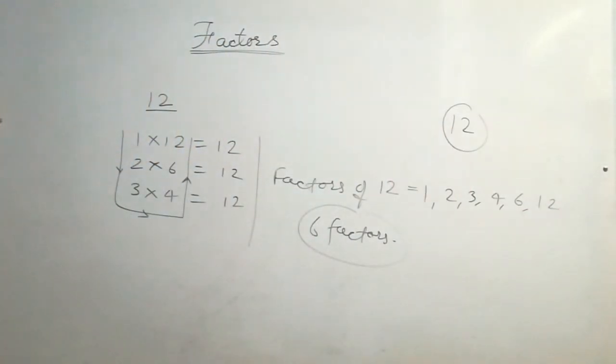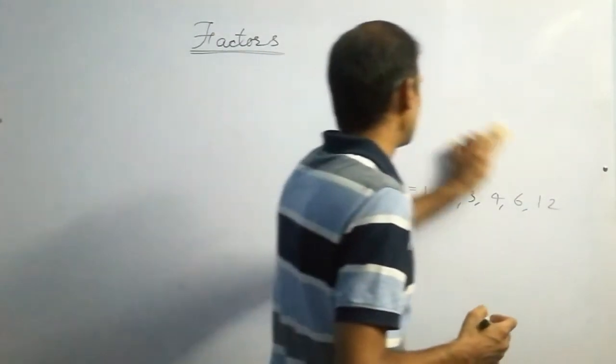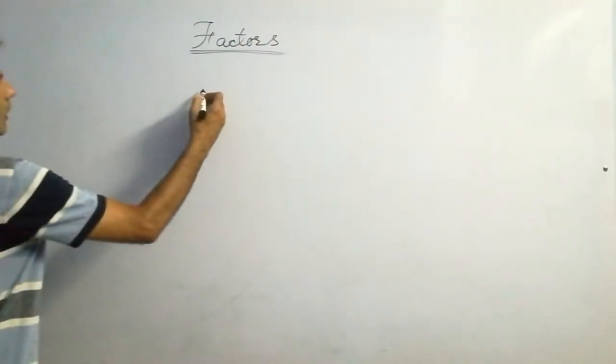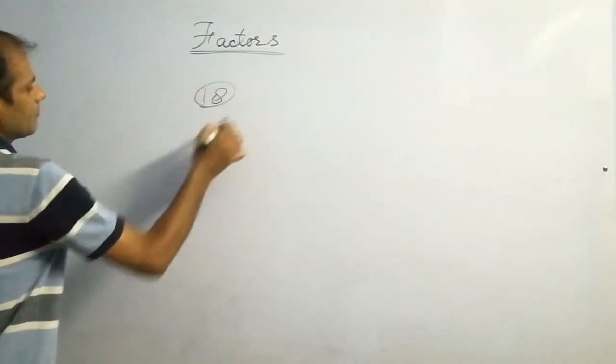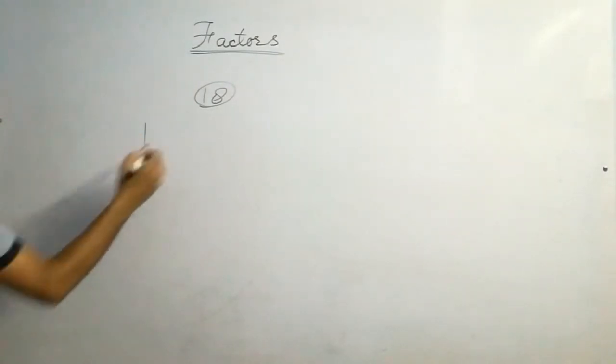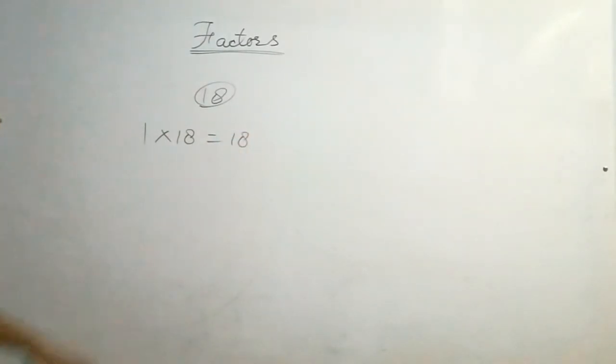I hope you understood. I am taking another number and will find the factors by using the same method. So note it down. Now think other number. Suppose 18. Okay, the number is 18. Now start with 1. आपको ऑलवेज 1 से स्टार्ट करना है. सो 1 18 1 जा 18 in this way you will write.